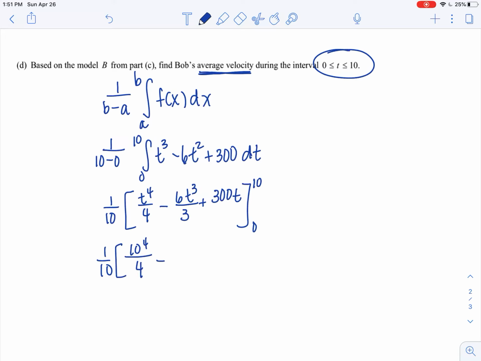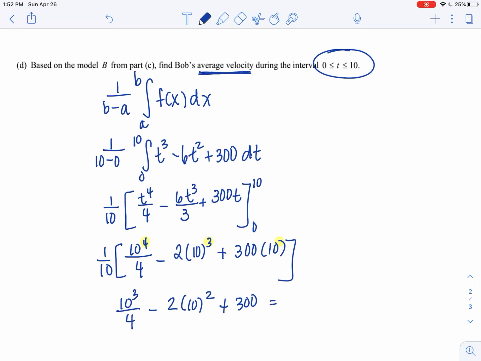So I have 1/10 times 10 to the 4th over 4. I'm going to simplify this to make this 2 times 10 cubed plus 300 times 10. And let's say, again, I have a calculator at home, but let's pretend it didn't work. Imagine dividing 10 into each of these powers in the numerator and see how that would simplify your problem a little bit. So this would be like 10 cubed divided by 4 minus 2 times 10 squared plus 300. And when you eventually sum all that together, that comes out to be 350. Remember, you're talking about the value of a velocity, so it stays in meters